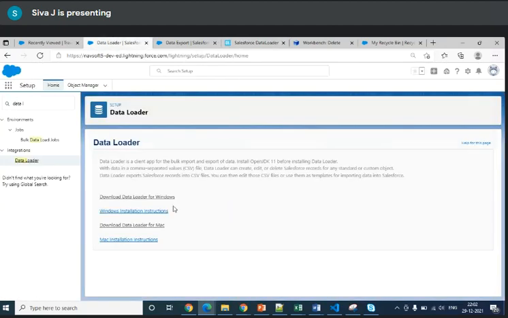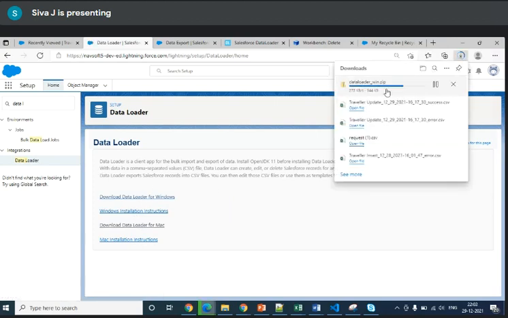See here, if you are using Windows, you better go for this. If you are using Mac, you go for this. When you click this, it is not directly downloaded, but it gives instructions. It is better to choose the instructions first and try to do that. But if you want to use that data loader, you can see a few certain things here too.